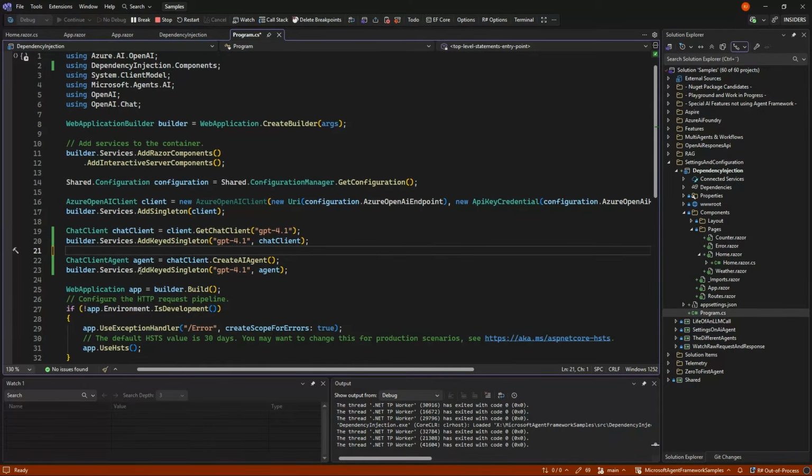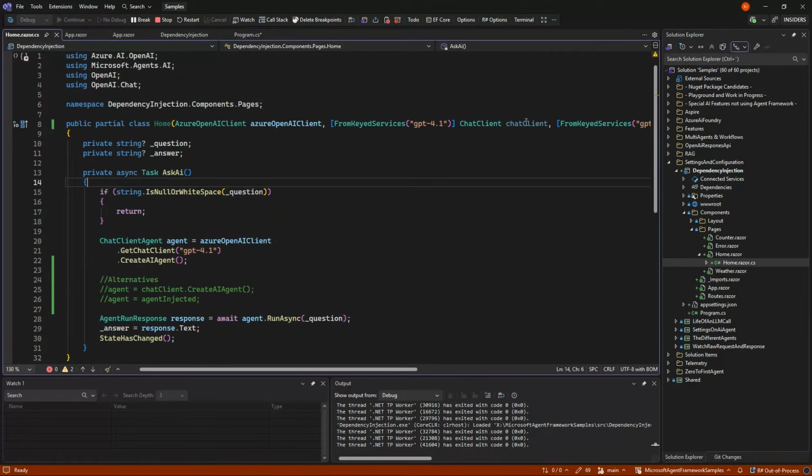Or I could go the full route and actually take the client and make it into an agent and have that as a key service. And it would totally work. We can see we can just new up one of these, and then instead of creating the agent there, we could just say that our agent was from the client or directly from the agent involved. It will work, not a problem.